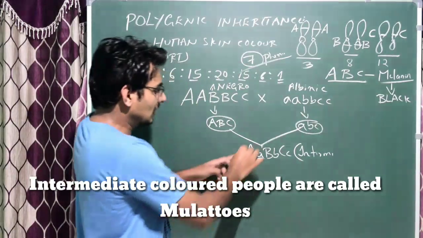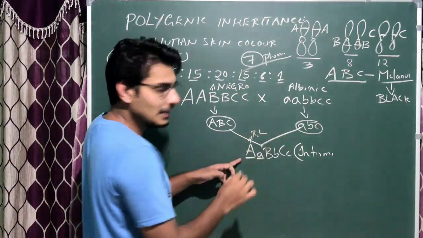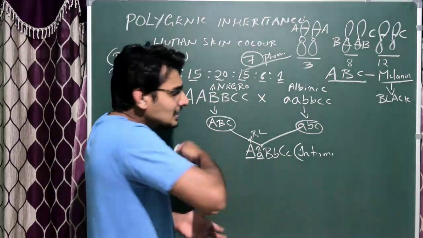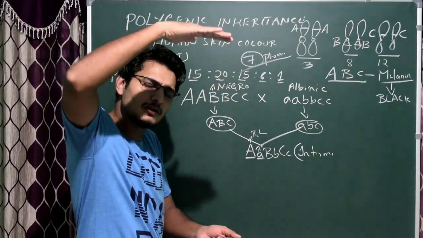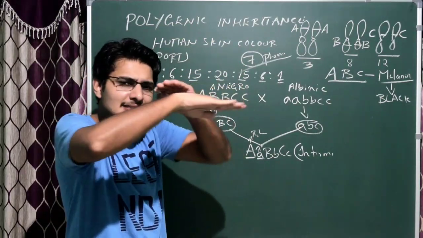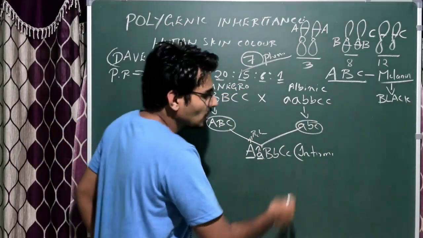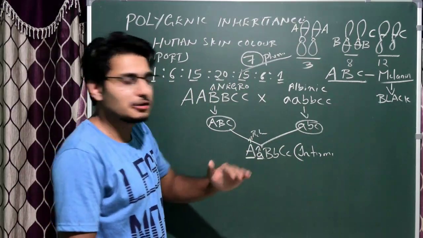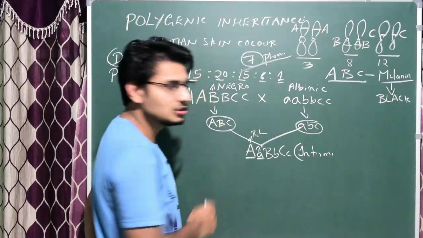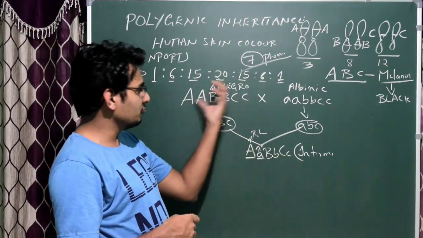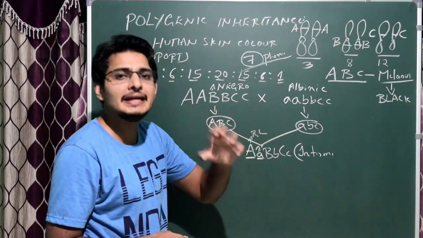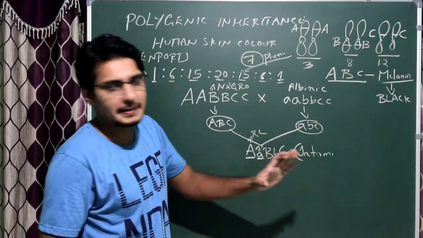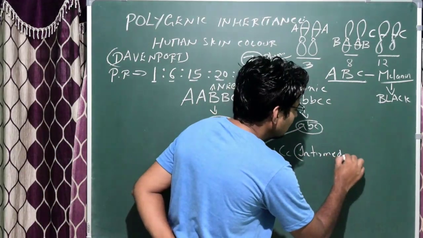So now the heterozygous condition is intermediate color, because A is also there, along with that small a is also there. A is responsible for more melanin, whereas this small a is responsible for not producing melanin. As a result, the melanin ultimately settles exactly as intermediate. It will not go higher or lower, it will be intermediate. So the young one, the F1 generation or the offspring of these two, will be showing the intermediate color. Not black, not albinic, not fair. This is the intermediate color.